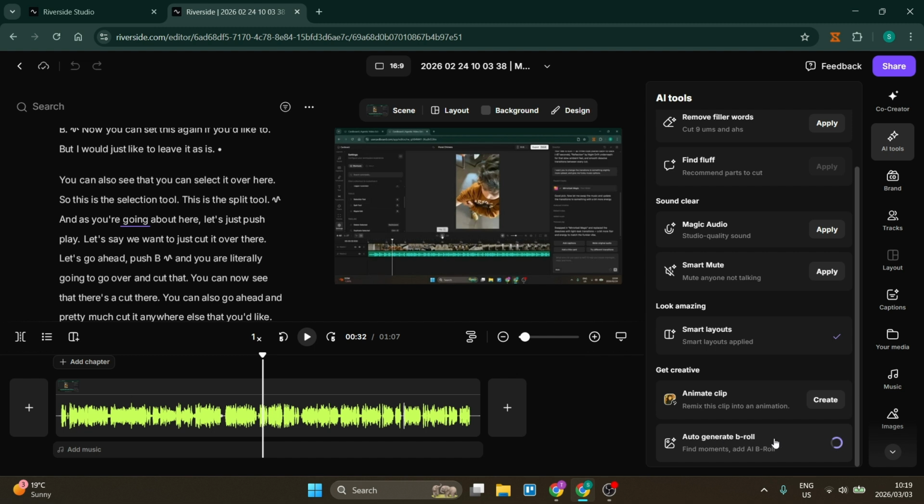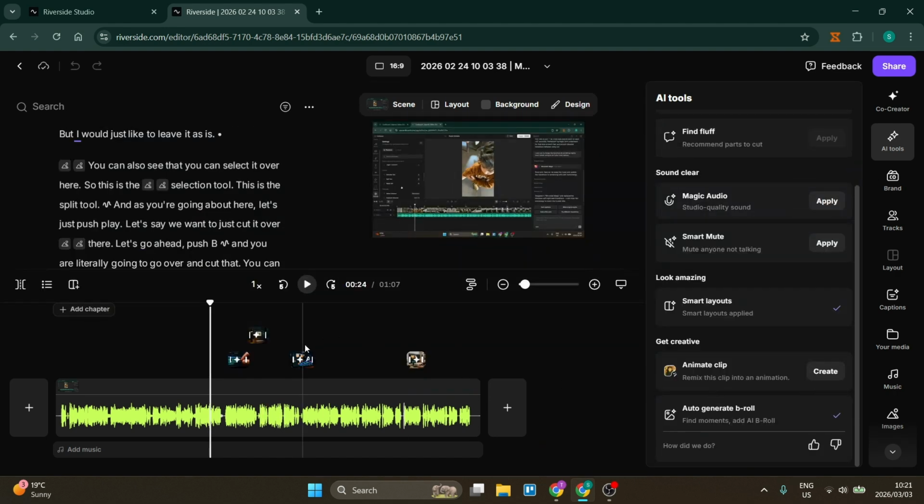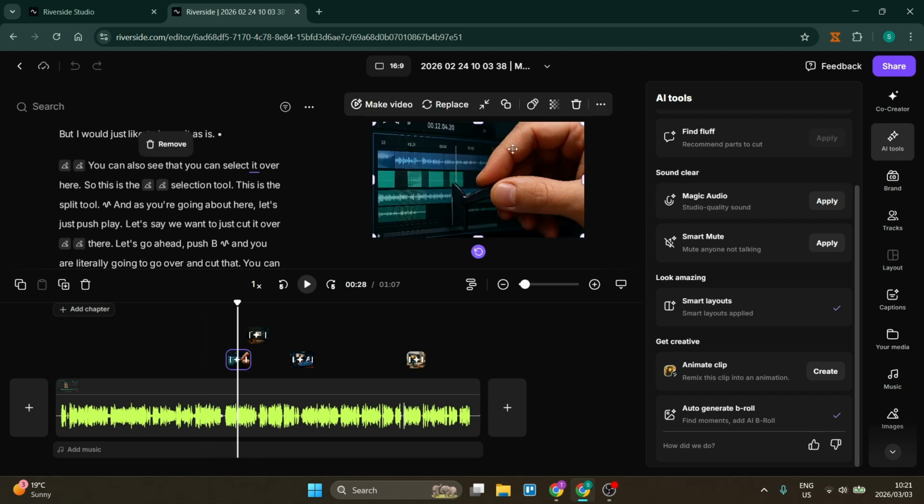Now give it a few seconds to generate some B-roll, figure out where exactly it's going to put these clips, and then you can review your video. Alright, you'll see the pop-up over here on the timeline. We have these random clips that we can click on and go ahead and edit as well if we'd like to. But ultimately, what it's done is it's added in these clips to show some B-roll footage throughout my video